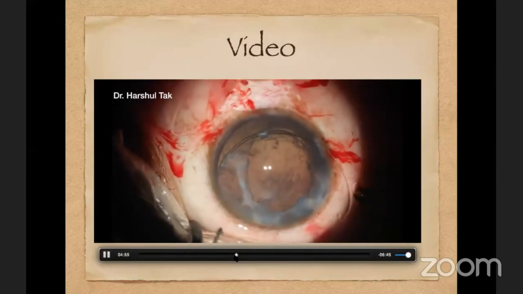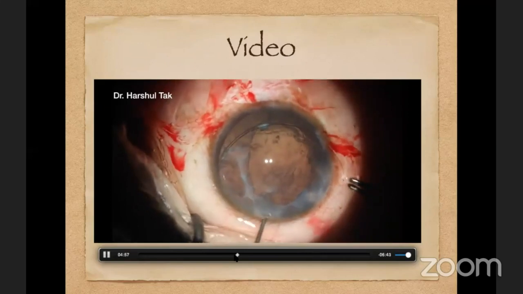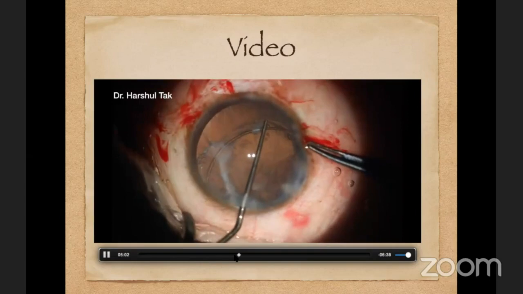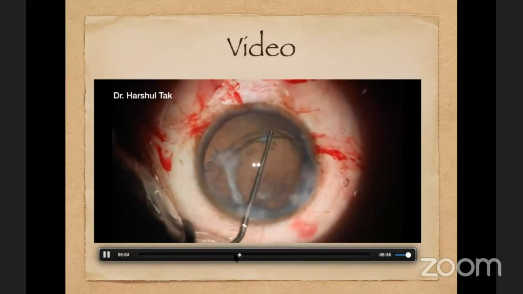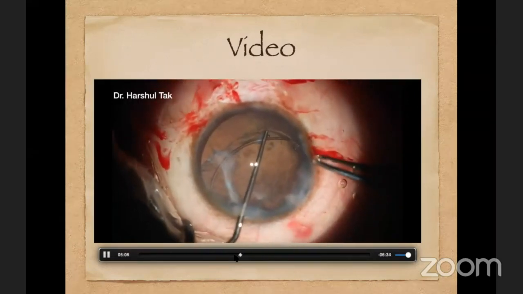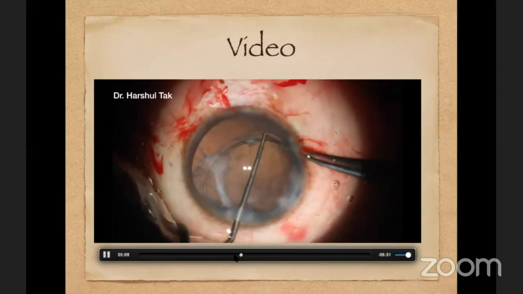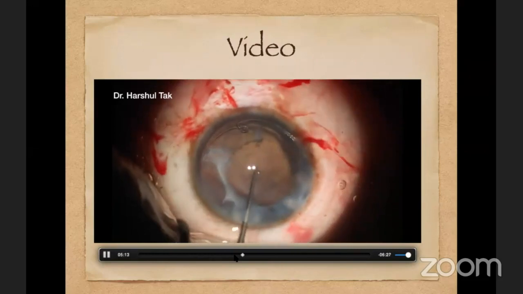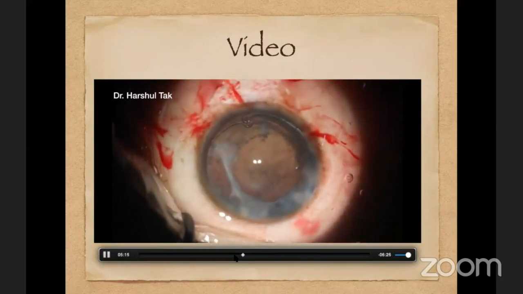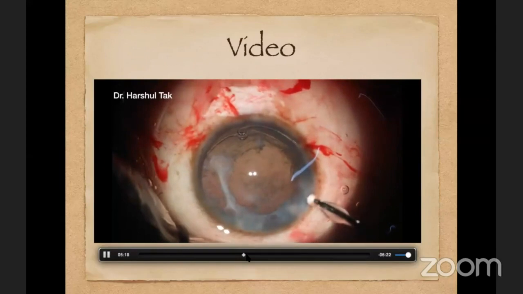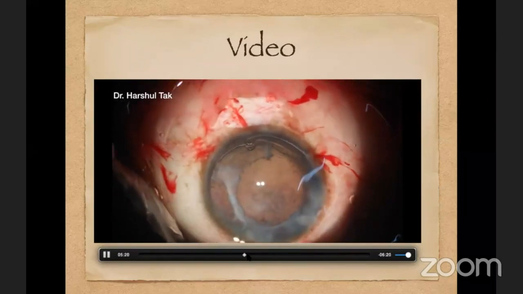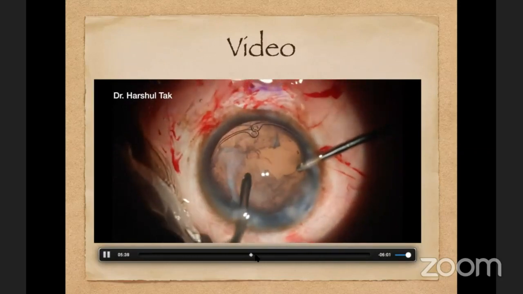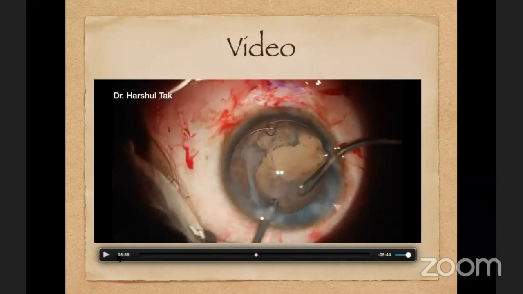I'm going through the side port incision, and see as this CTR ring goes inside, the bag is getting stabilized. So use the Kuglen hook to guide this CTR ring so that it goes nicely in the capsular bag. See these two eyelets, ideally they should overlap to give better stability to the capsular bag. So now we have a good stability. So I go ahead and do cortical aspiration, whatever is there, clean up the capsular bag.